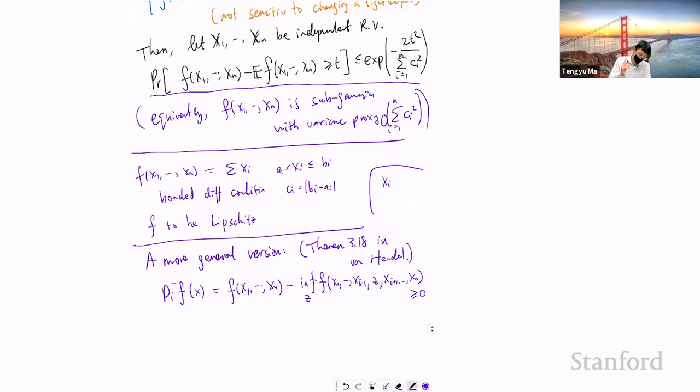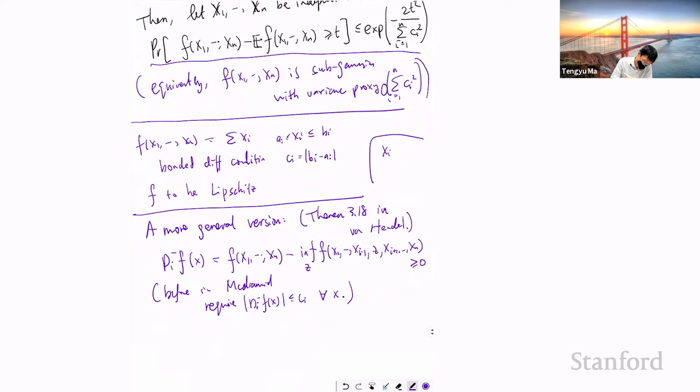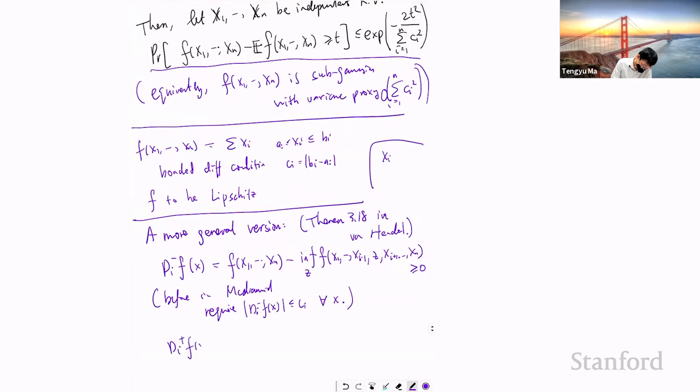The difference between this and before is that before, in McDiarmid, you required d_i of f(x) to be less than c_i for every x. Here, you don't insist on that. You have x as an argument of d_i. So you define a sensitivity at every point. You didn't assume a global sensitivity; you talk about a sensitivity at x. That's a quantity, and then you can also define the sensitivity on the other side, which is just the sup